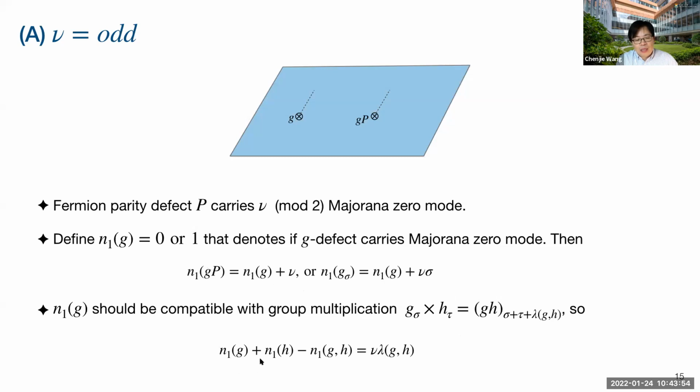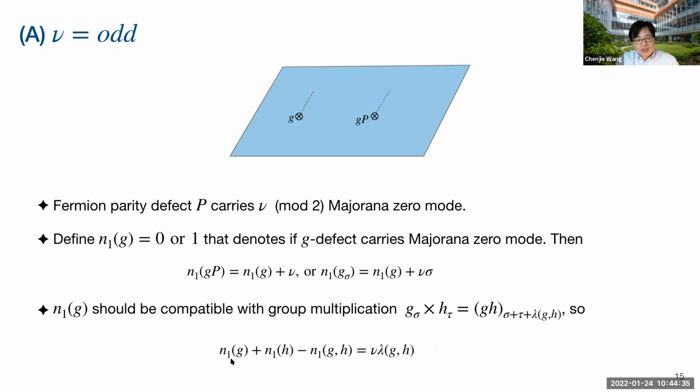Then you add the Majorana zero mode on top of that. Or to put it another way, when you have two Majorana zero modes and you fuse them, you get none. So there is a fusion of Majorana zero modes, but there's also this group multiplication. From the compatibility between the fusion rules of the Majorana zero mode and the group multiplication law, we get this consistency condition. You count the Majorana zero modes on the left-hand side and right-hand side, and you get this equation.